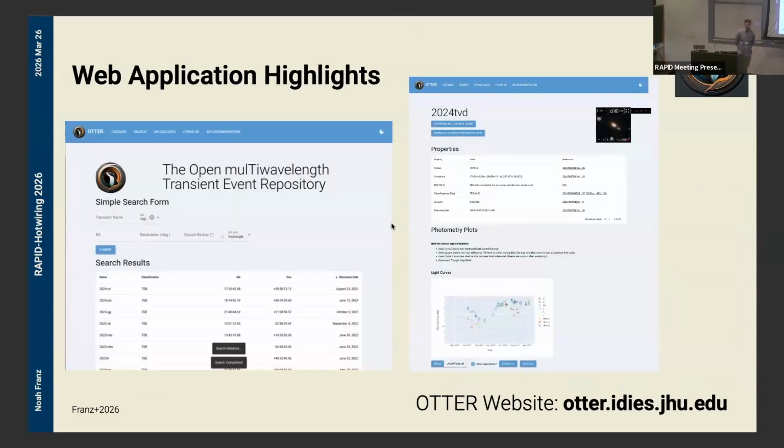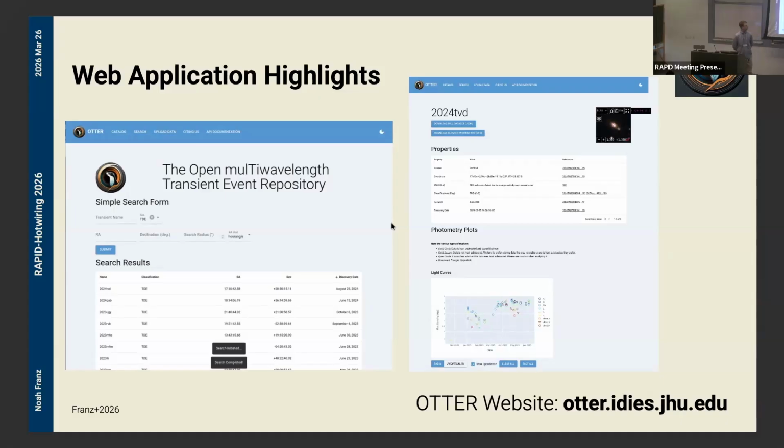And so I don't think I have time to give you all a live demo, unfortunately, but this is what our web interface looks like. So on the left, we have the homepage where you can search just by name or do a cone search, things like that. Both of those are indexed in our database and are very fast. On the right side, once you do a search, say on the homepage, you get a table of the results. You can click on them and it'll take you to an individual transient page where you can view all of the metadata properties. This is coordinates, redshifts, things like that. The same types of things you would find on TNS or WISeREP.